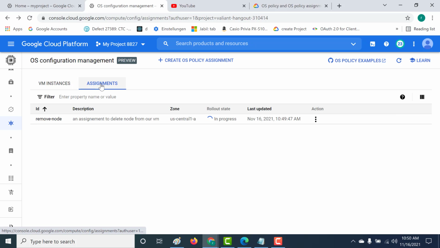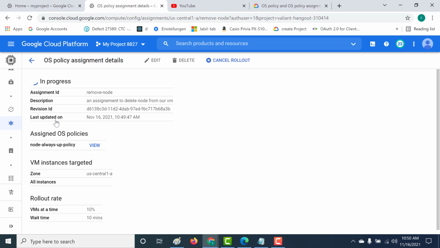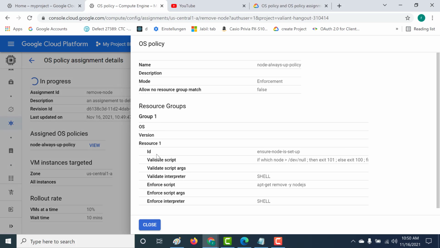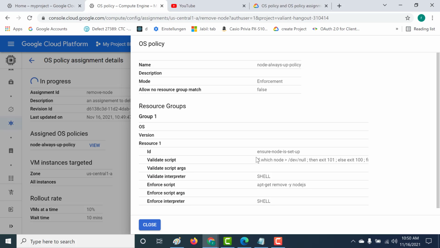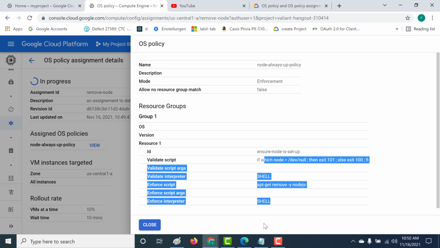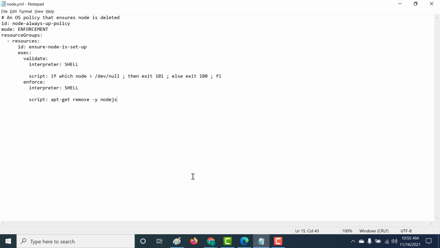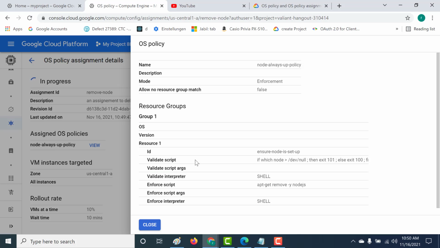One good thing about using your assignment is you get a lot of valuable information. So let's go to the assignments that we've created. If you open this assigned OS policy and click on view, it will give you all the important things that this particular script will do. So this is the validate script. The validate script will check if this if statement returns a true or a false. And if it returns a true, then it will run this enforce script. That is, it will just remove node from your virtual machine. This is basically created from the YAML file that we had uploaded, and it gives you enough information to figure out what the OS policy does. So let's close this